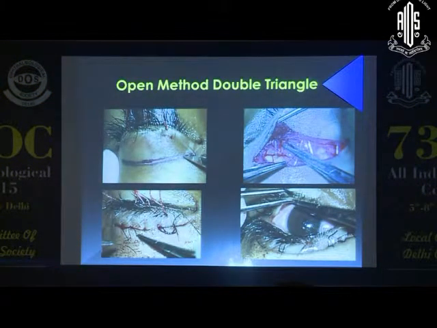These are a few important steps of the open technique. You can see you have to give the skin incision, expose the tarsus without much dissecting in the pre-tarsal plane, because your suture material is passed in the pre-tarsal plane. Then you can fix it to the tarsal surface, and this is how you basically form the crease. In this you have to pass the suture from the LPS or the tarsus, so that at the end you get a nice lid fold along with the lid contour.